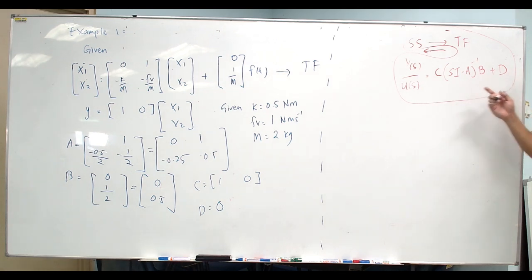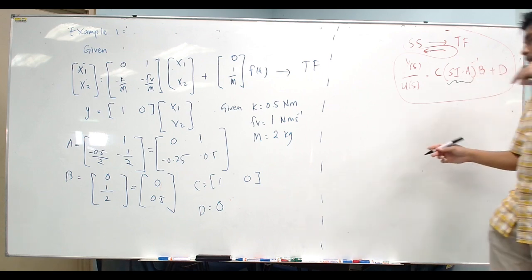So according to the formula, which part must you solve first? You have C times (sI minus A) inverse times B plus D. Yes, you need to solve this one first. You need to find (sI minus A) inverse first, in the bracket. After you get this value, then you can multiply them together. If you still remember, can you help me? In order to find (sI minus A) inverse,